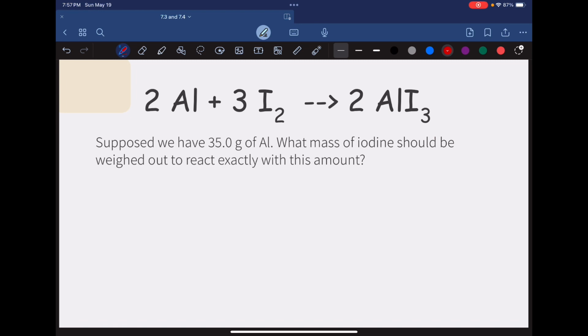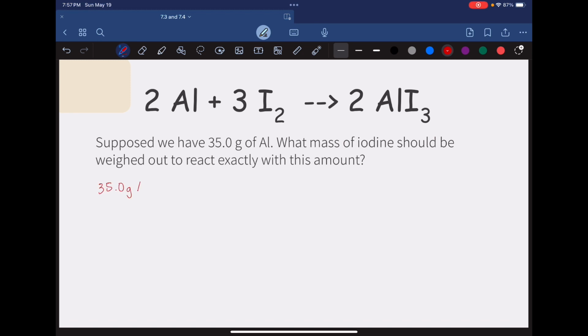So here's a problem. We have 2 aluminum plus 3 iodine produces 2 aluminum iodide. Suppose we have 35 grams of aluminum. What mass of iodine should be weighed out to react exactly with this amount? This problem doesn't have us look at the product yet. We are just looking at the reactants. So we are going to begin with our